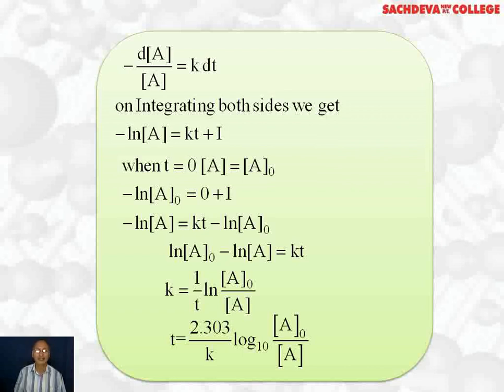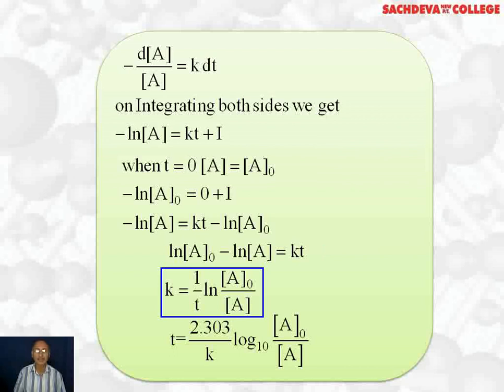A0 is initial concentration. So when we substitute, we get minus ln A0 is equal to 0 because t is 0, and we get the value of the integration constant. Let's substitute the value of the integration constant and we get minus ln A equal to Kt minus ln A0. Let's bring ln A0 to the left hand side. So we get ln A0 minus ln A equal to Kt, or K is equal to 1 over t ln